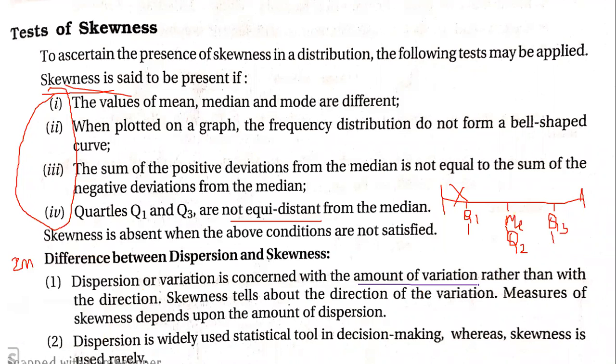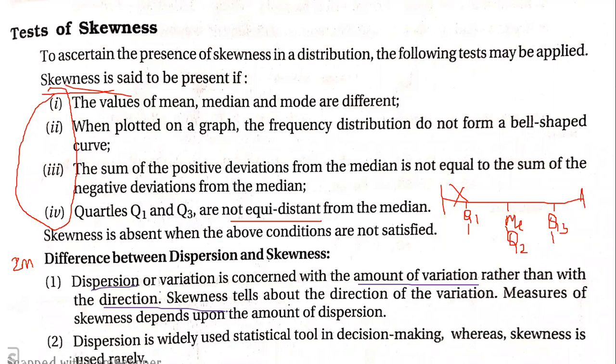So it is something like you have scored marks in the examination. In that examination, in one subject you have scored very well, in the other subject you are not able to score very well. Now you only think, okay, you have not scored, but you don't think about why, what is the reason. So in dispersion we only see the difference from one test to another test, but in skewness we will also find out the reason and in which direction the difference is happening. So the amount of variation is checked in dispersion, and the direction is checked in skewness.